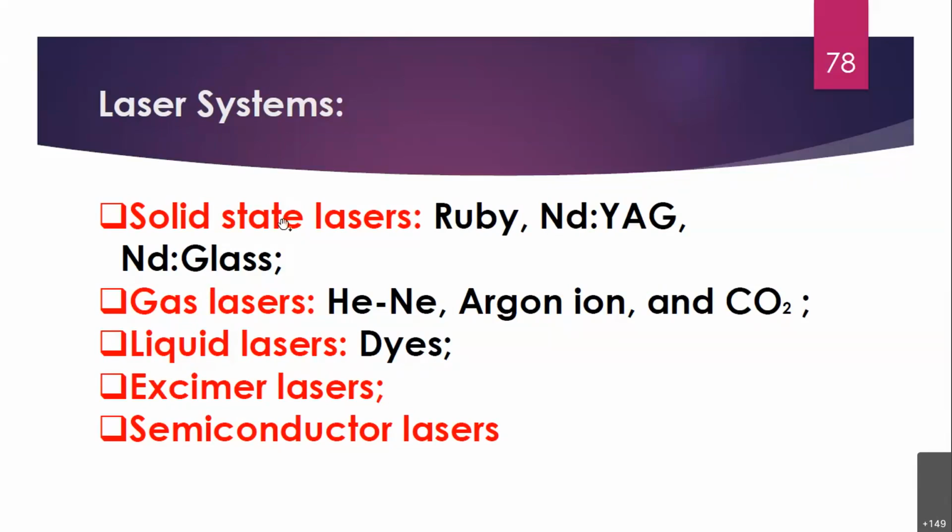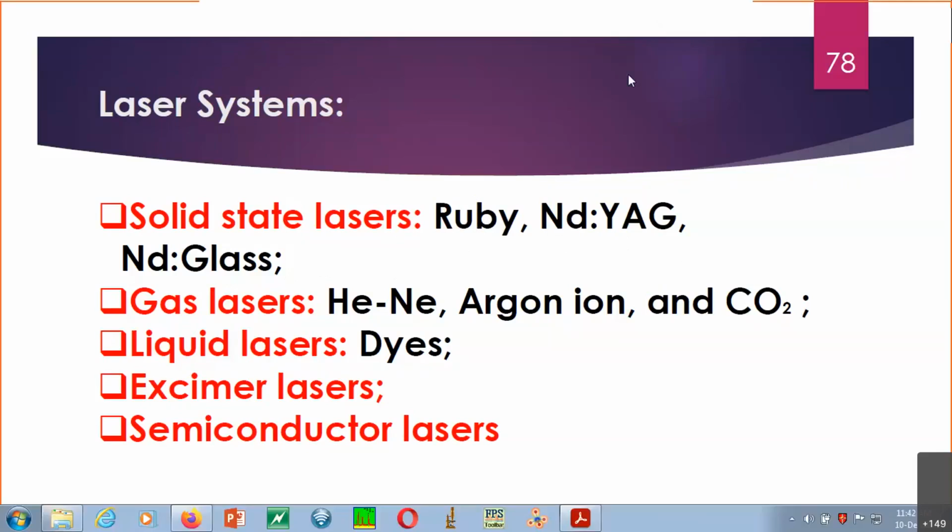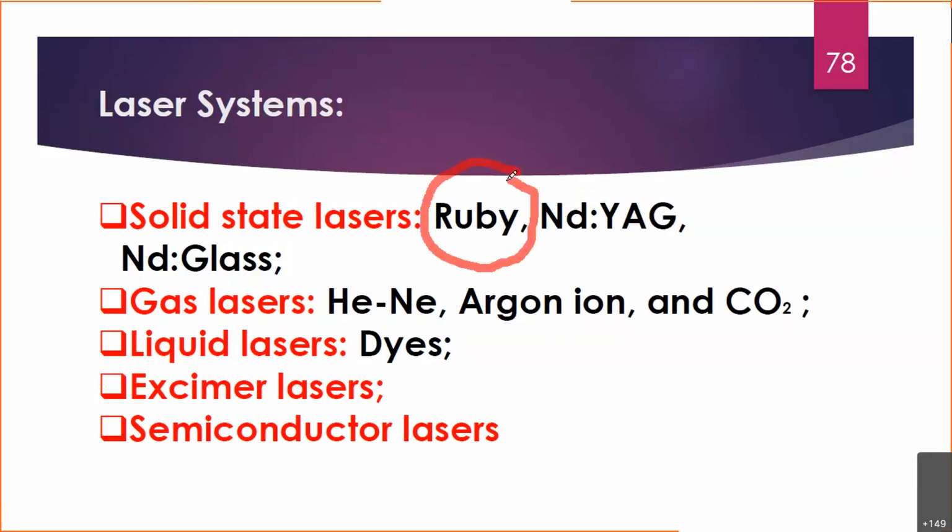You see the solid state lasers, there are various categories inside that also: Ruby laser, Nd:YAG, Nd:glass laser, and so on. But in your syllabus, this Ruby laser is there. Let me annotate the one you have to study in your syllabus, that is this Ruby laser, which comes under the solid state laser category. Second, you see gas lasers. In gas lasers also there are various types, but the one in your syllabus is the helium neon. So these two are in your syllabus. The rest are also there, but not included in the syllabus. But if you are interested, you can always go through them. All such contents are available in several books, so you can always refer to those.